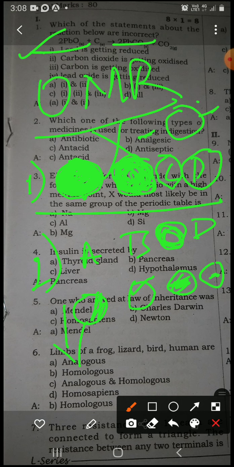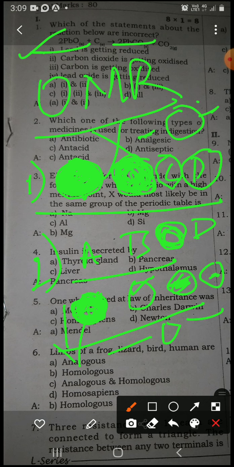In that case also the computer will not read, because a computer is not a human being. Computer doesn't have any sort of feelings, it's just a machine. It works on the principle of what it is assigned. So children, here what happens, if you don't shade it clearly, if you don't shade it like this, here I have shaded, clearly, completely. If you don't shade it like this, then the computer won't read it, and it will allow you 0 marks.